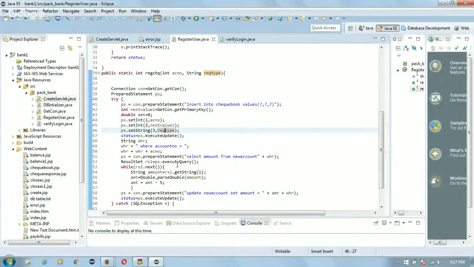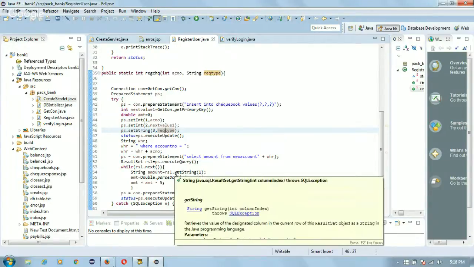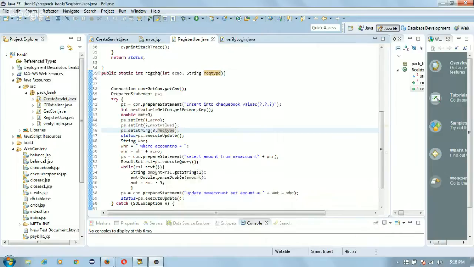What we will do is check all the data in this table, and keep checking until finding where the account number is the one which is coming now. So in the first column in the table, it will keep checking where account number is same as what we are specifying,